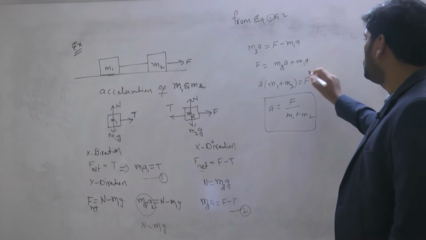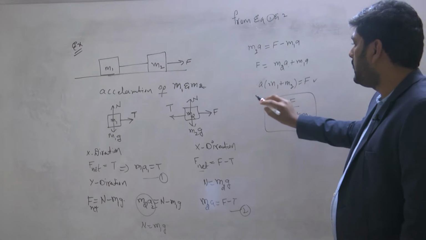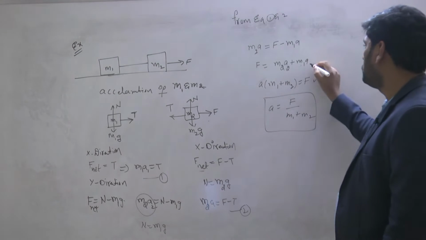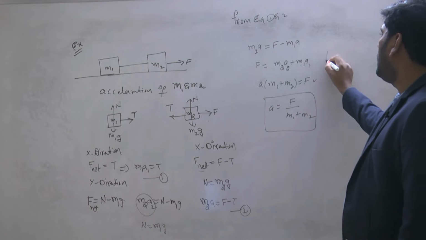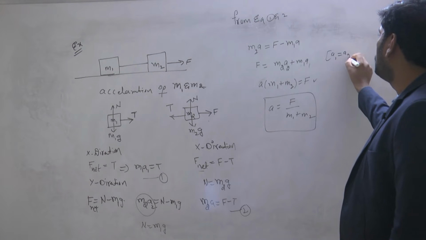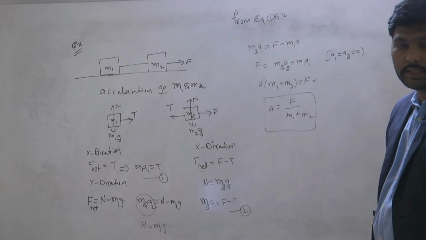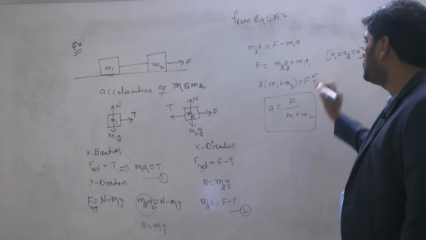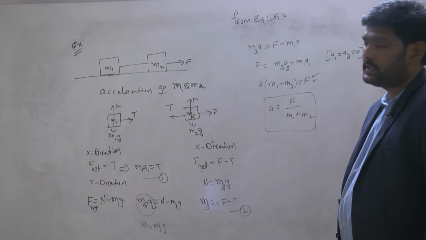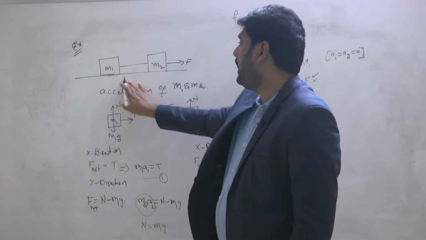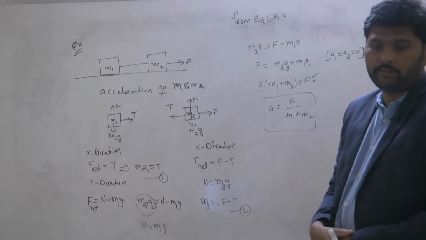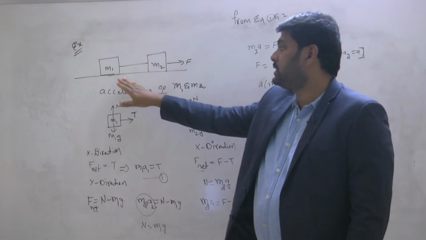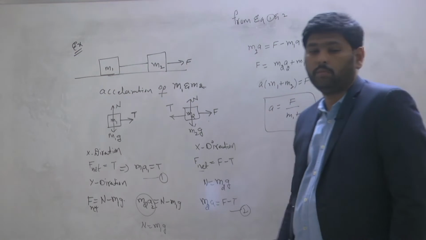Observe this relation. Here, this is representing the acceleration of the second body, A2, and this is representing the acceleration of the first body, A1. But here, the accelerations A1 and A2 both become equal, since the equation changes this way. Which means the acceleration of the first body and the second body are equal. Why are both equal? They are moving together. When they are moving together, the acceleration of block 1 and block 2 are equal.